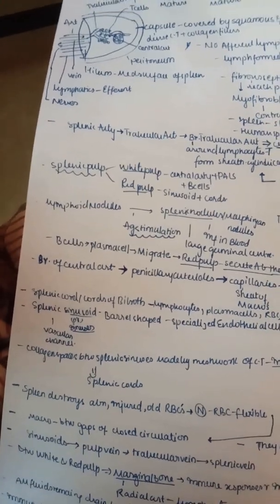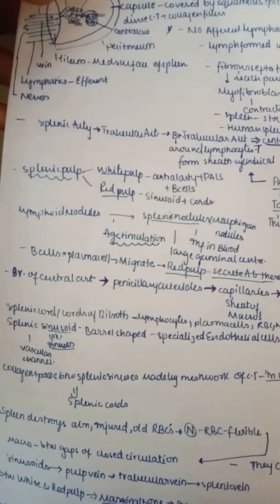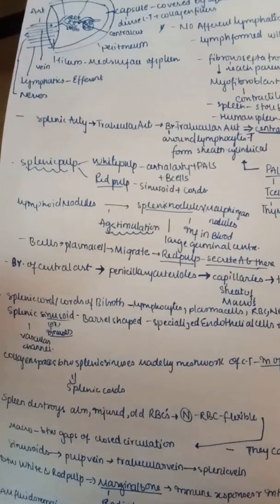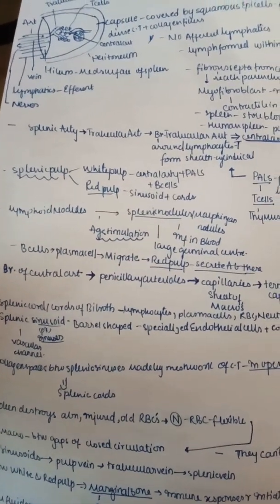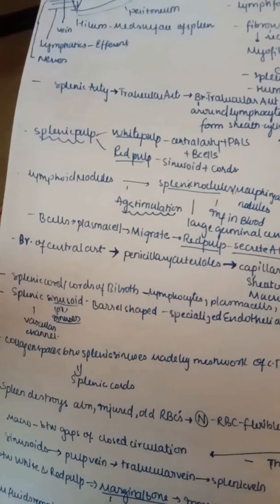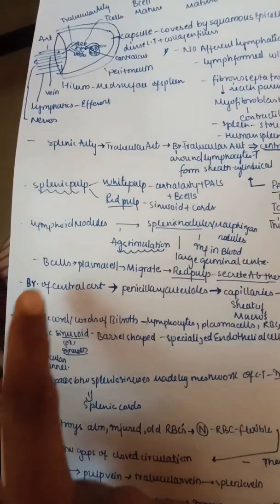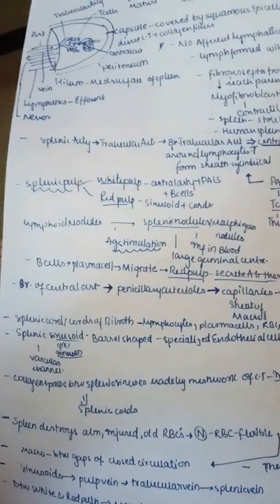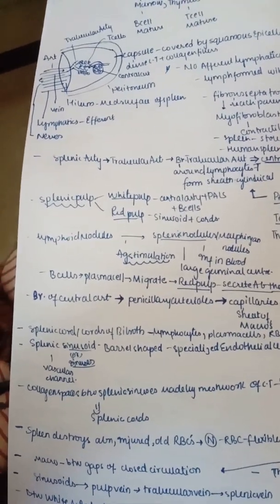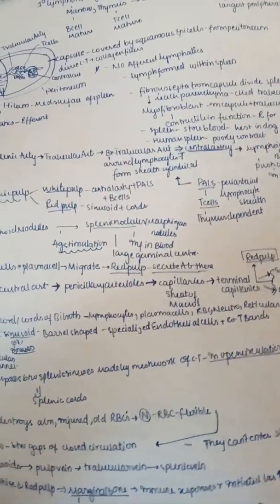Before that, let us see that lymphoid nodules are converted into splenic nodules, also known as Malpighian nodules. If you remember the lymphoid nodules over here, those are B cell lymphoid nodules. These are converted into splenic nodules mainly by antigen stimulation. They have a large germinal center, and the B cells present there, you can see here, a lymphatic aggregate, that is, a lymphatic nodule. They convert into plasma cells and migrate into the red pulp. So B cells are in the white pulp, and from the white pulp they go into the red pulp to secrete antibodies there.